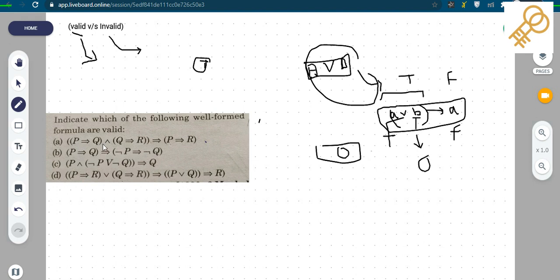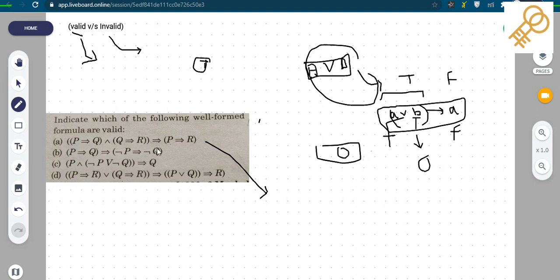You have to prove which of the following given formulas is valid. There are no other hints by which you can find out by just seeing the expression whether it is valid or not. You have to take the options one by one, and then you have to prove. So let us take the first one, and we have to prove it valid, so we'll try to prove it as invalid.